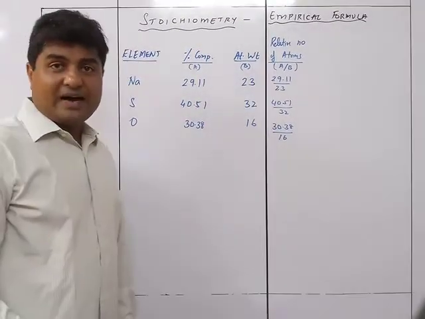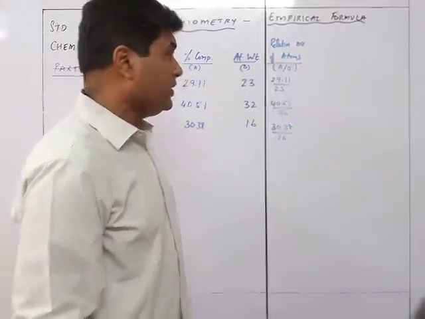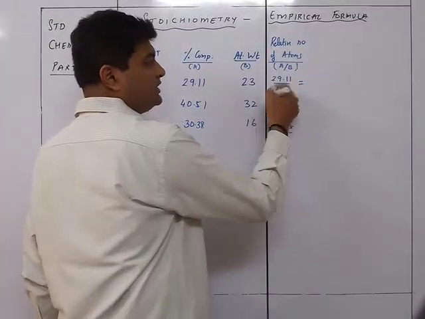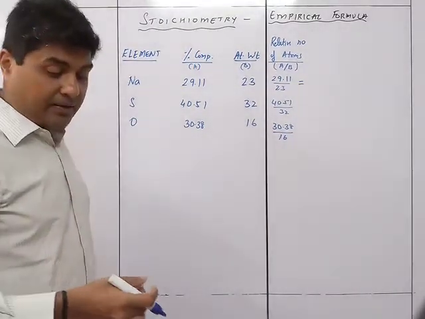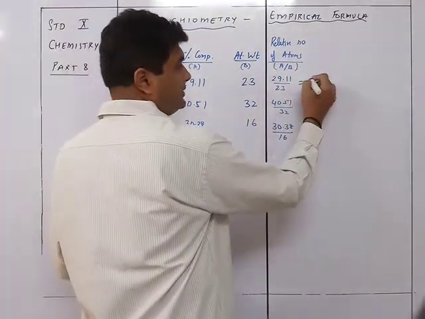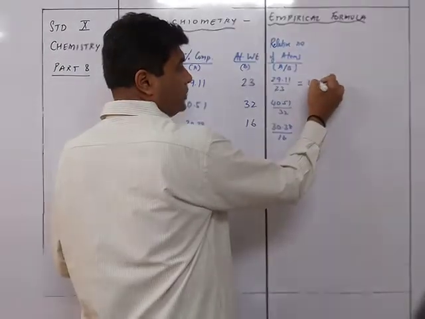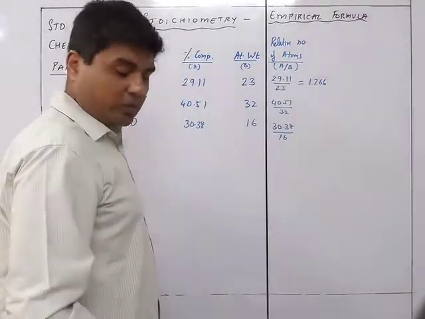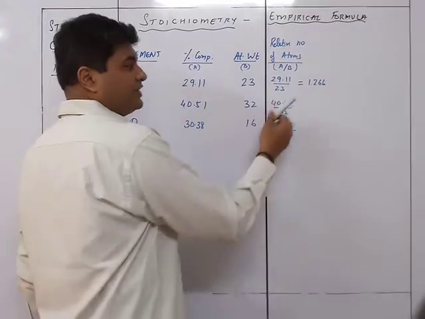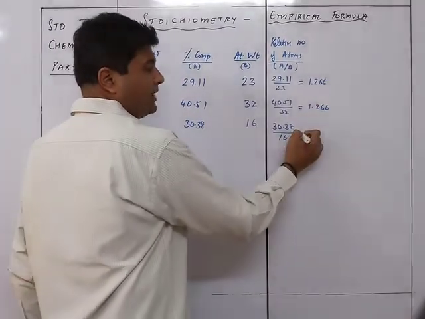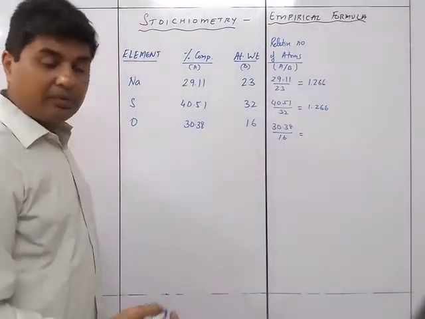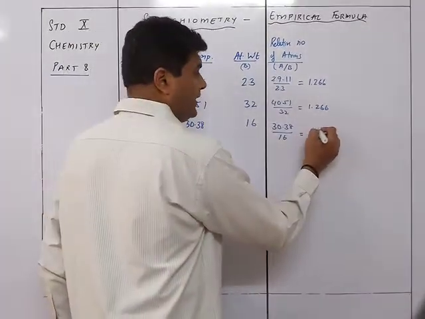Yes, these divisions are going to be very important. We need to do these divisions. When I do this division, we are going to get certain numbers, and you will find that suppose over here it is, I'm directly writing 1.266, which is what they got over here. You will find that this also is coming out the same, that is 1.266, and this one is coming out to be almost double of this, or it is 1.898.